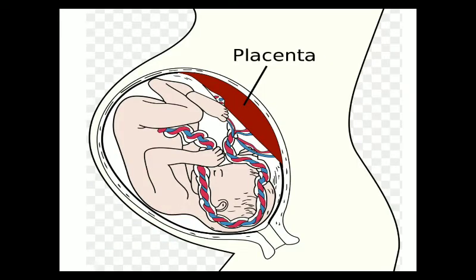So in this diagram you can see that this is the placenta. This particular region is the placenta, and this is the developing baby inside the uterus. This developing baby will get the nourishment, the oxygen, nutrients from the placenta, and whatever nitrogenous waste or carbon dioxide is produced in the body will be transferred to the placenta through a cord-like structure, known as the umbilical cord, which we will discuss a little later.